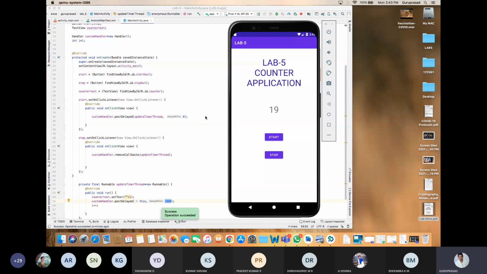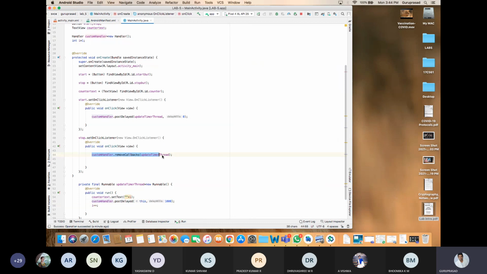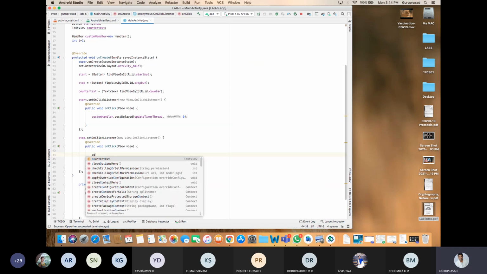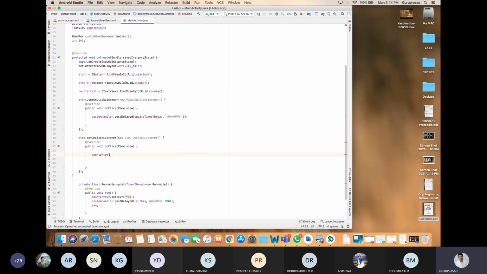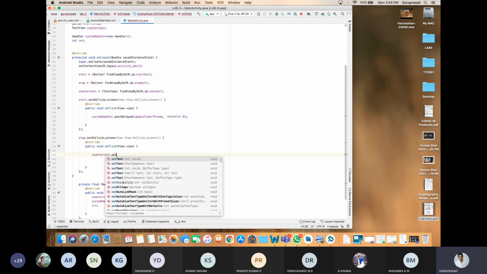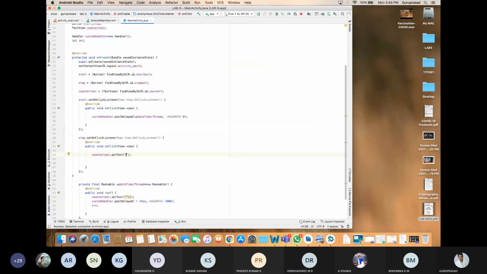Update the timer as 0. Correct? See here. I'll just mention like this. Stop means counter text dot set text as 0. Shall I proceed?